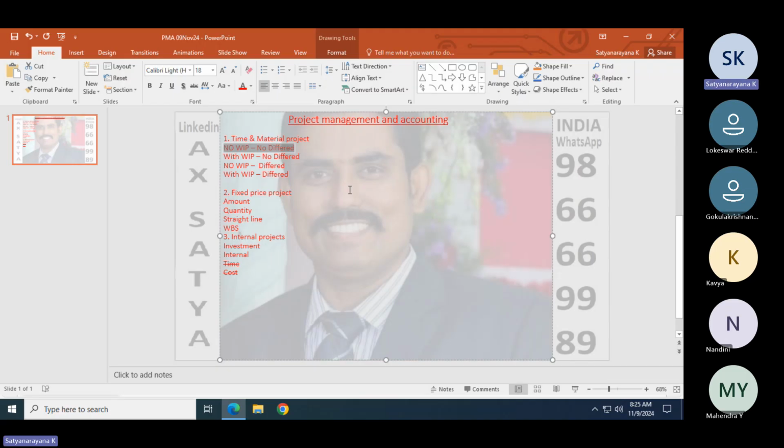Suppose the project is based out of Canada. So you are traveling, and for the Canada project there will be one project manager, and under that project manager there are so many people working. For them, the company needs to arrange transport to Canada, that is flight tickets. Another one, they need to arrange a cab in Canada. The company needs to arrange cab expenses, accommodation and residential expenses, and meal expenses.